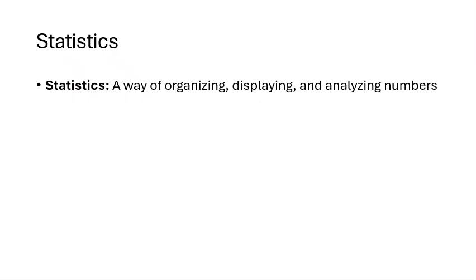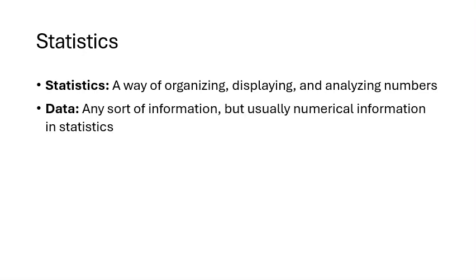So we can think of statistics as just a way of organizing, displaying, and analyzing numbers. And data really means any kind of information. I mean, it can be words, it can be your address, but when we're talking about stats, usually it's numerical information, or at least information we can turn into numbers. And just for no particular reason, data is actually plural. So it means more than one data point, and datum is actually the Greek word for just one piece of